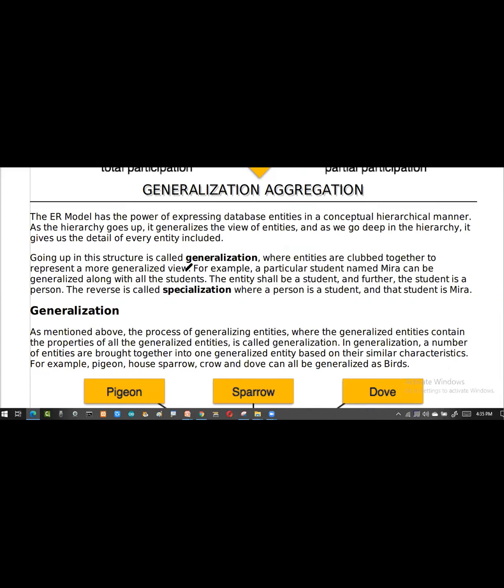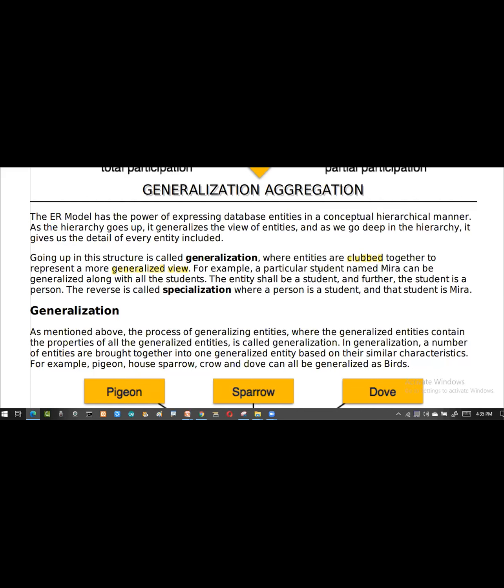Going to the structure of the generalization, the entities are clubbed. Entities are being clubbed together to represent the generalized view. That means more than one entity is going to combine together to represent a single view.